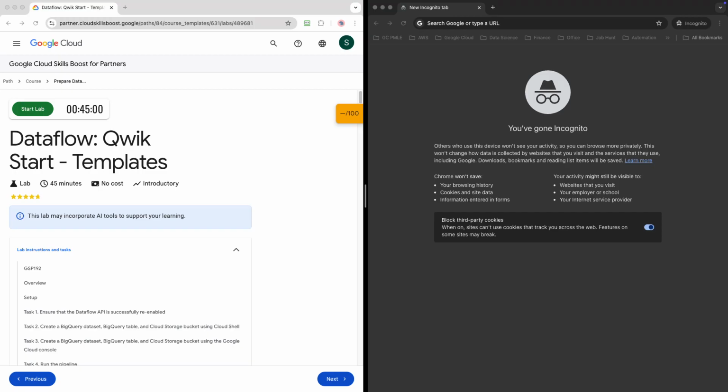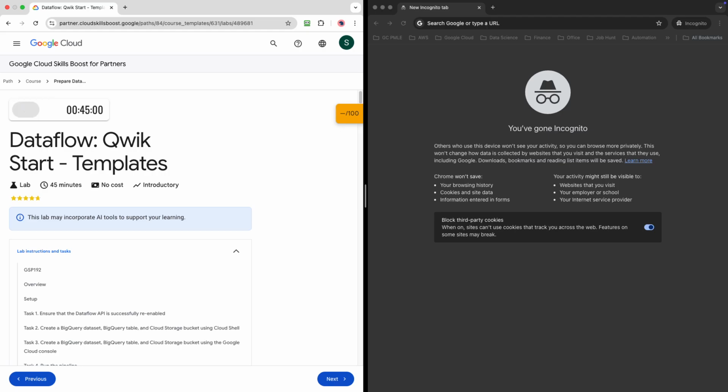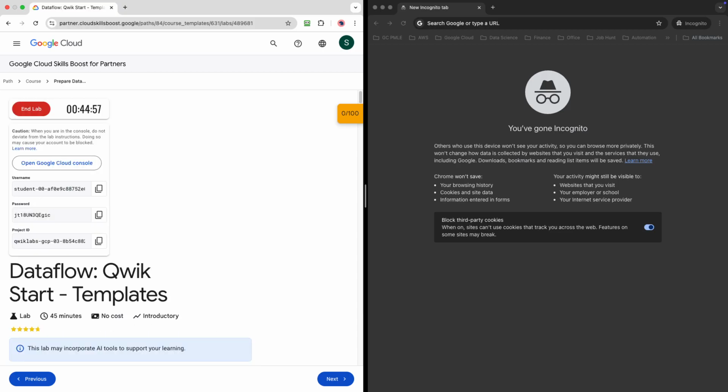So in this lab, we will look into the data pool and its templates. Right? So without any delay, let me start the lab. And in this lab, we are not going to discuss anything theoretical or technical things. We are only going to complete the task provided for us,